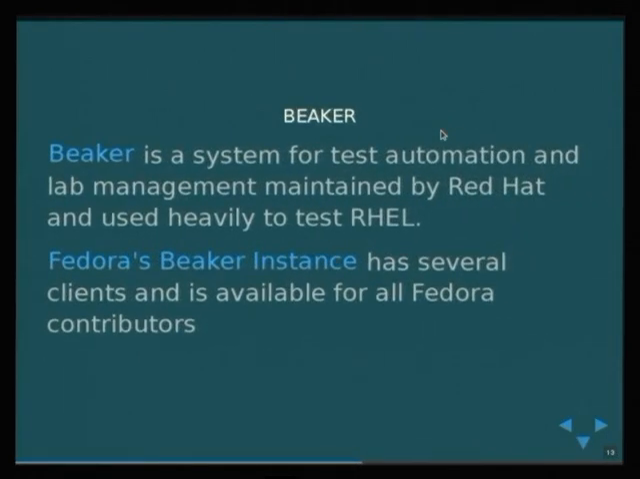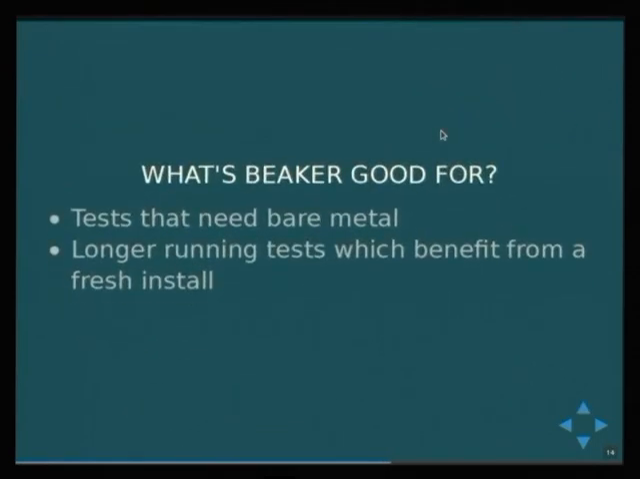So BEAKER. Given the audience, I suspect most people here have heard of BEAKER before. BEAKER is a test automation system and lab management system written, maintained by Red Hat, and it's used very extensively to test RHEL. Fedora does have a BEAKER instance, and that has both virtual machine clients and hardware clients. And it is something that would definitely like to see more use of. BEAKER is great for things that need